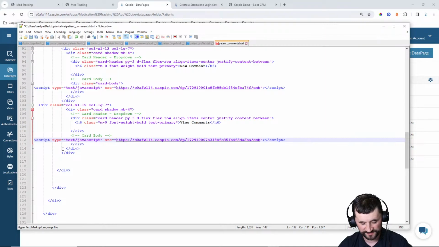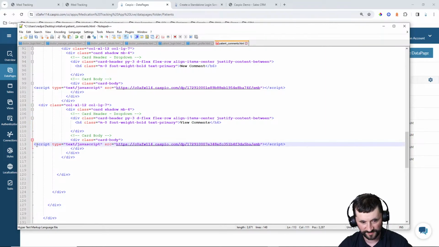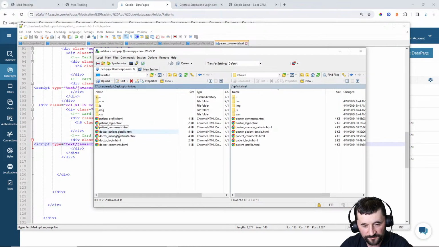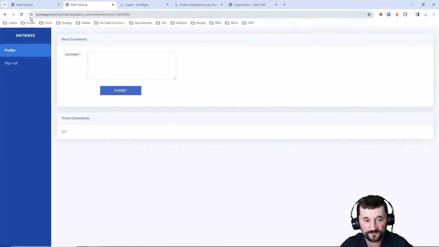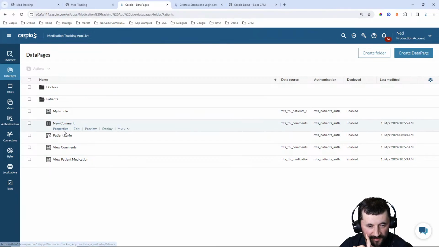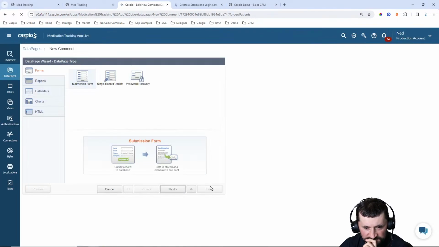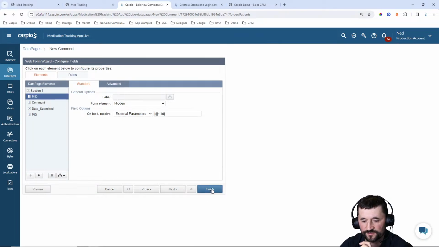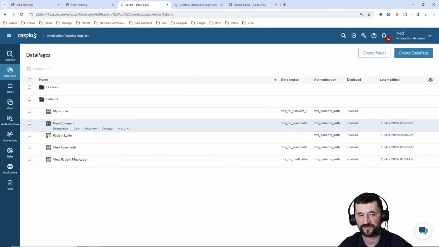And paste. Oops. Paste, save. All right. Patient comments. Reload. Okay, so there's that comment submitted to me by my doctor. Okay, now I can respond back. But before I respond back, I want to make sure I built this form correctly. New comment. I should, because I made a copy of it. So yeah, we have the medication ID and then we're receiving it externally. Okay, perfect. So now when I respond back as the patient,